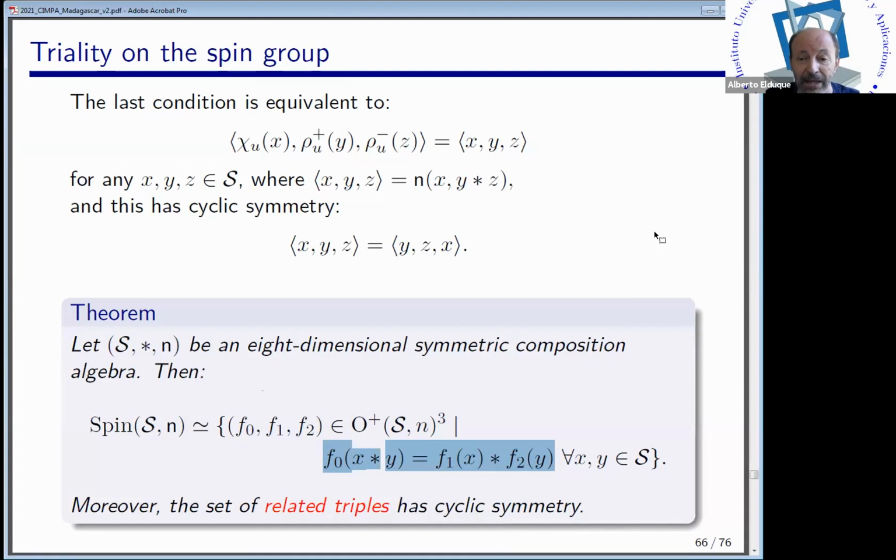Okay, and the natural projection of the spin group on the special orthogonal group is just the projection onto the first component. So we have a very clear description of the spin group in terms of orthogonal transformations. And we have cyclic symmetry, and this gives the triality automorphism, and so on. So the message is: symmetric composition algebras are quite important to study spin groups in dimension 8 and the phenomenon of triality in dimension